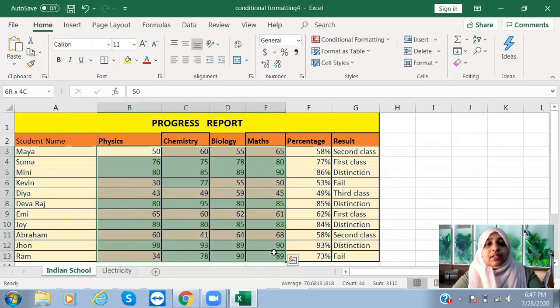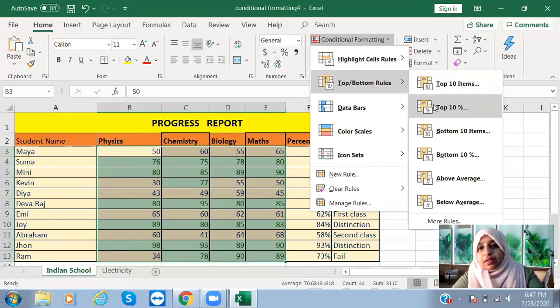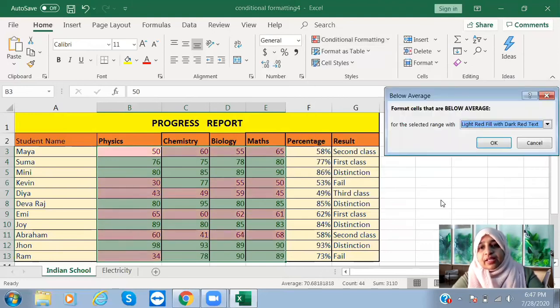Similarly, you can give below average. I have selected the range. Go to conditional formatting, top or bottom rules. Here we have below average. We can give a different color. This color suits here, light red fill with dark red text.